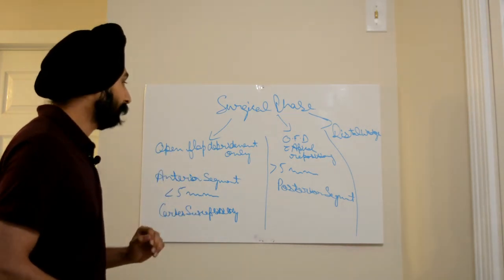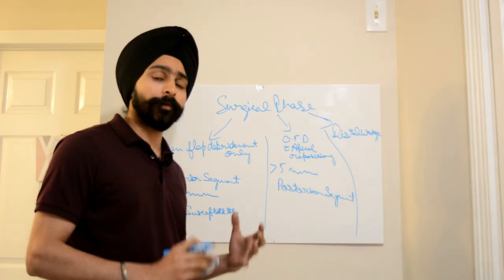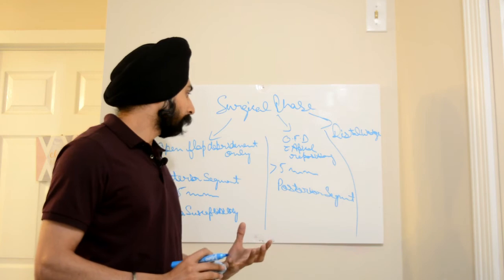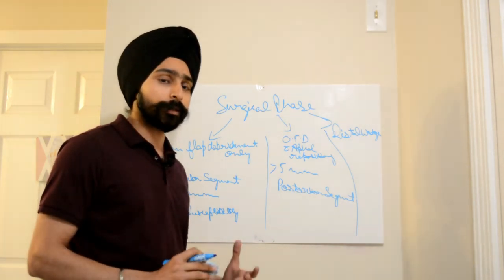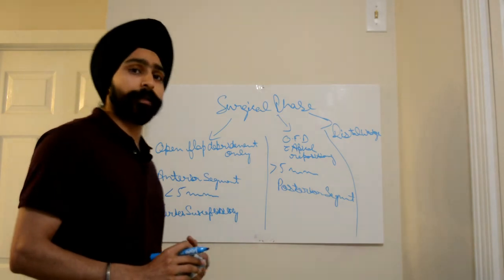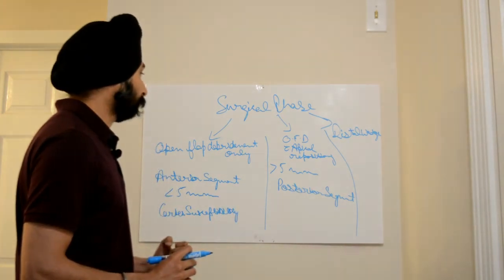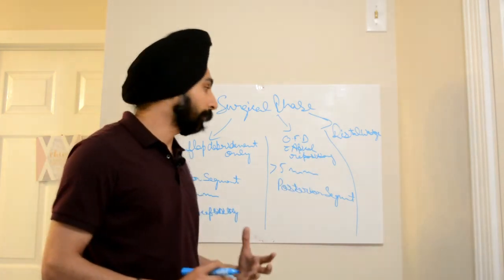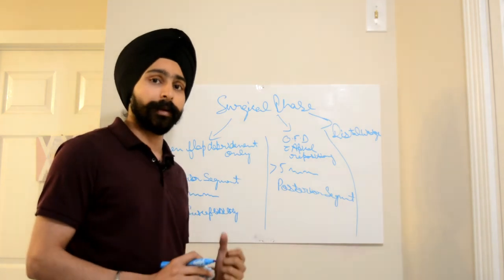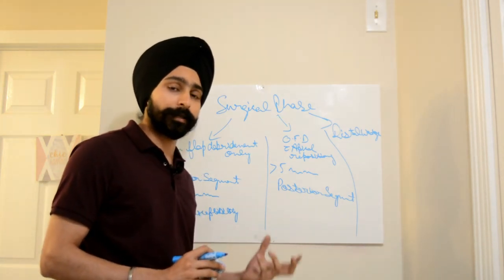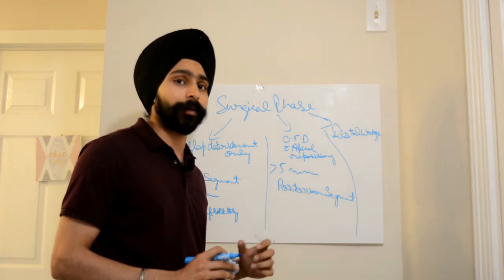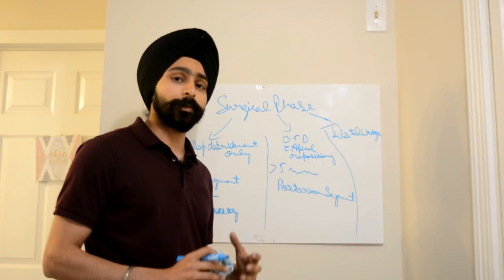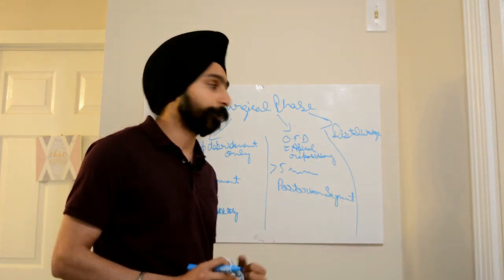Open flap debridement means the dentist will raise the flap, he will clean the root surface of the teeth and will remove all the inflamed tissue along with the calculus, and he will stitch back, he will suture the tissue in position. In open flap debridement with apical repositioning, the dentist will perform the open flap debridement first, but he will not suture the gingiva at the same location. In fact, he will do it in a slightly apical positioning. This will help the patient to keep his teeth clean in a better way.